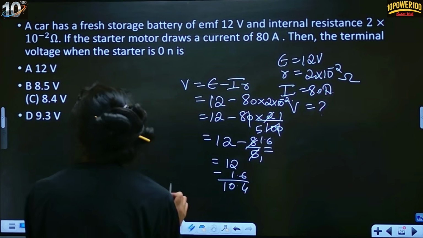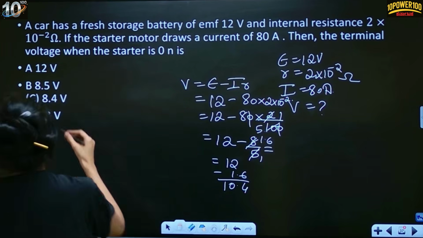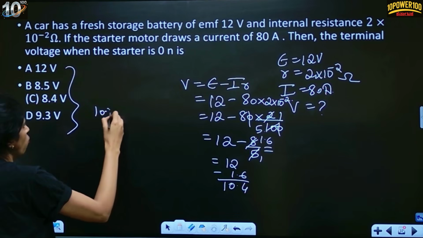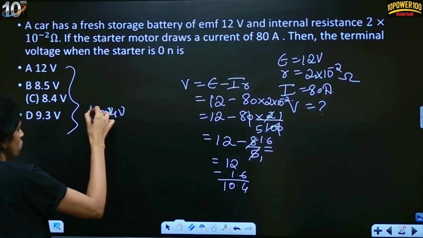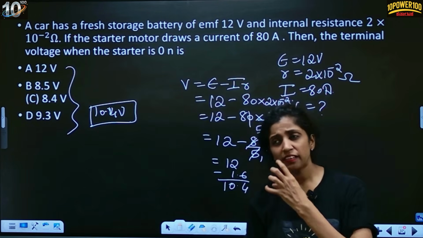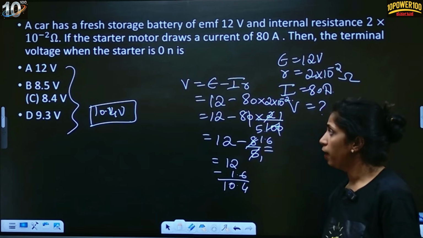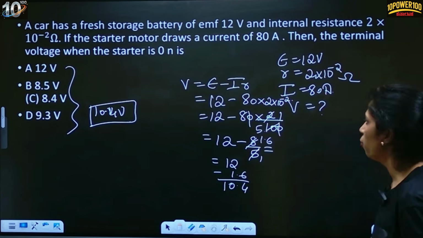So do we have 10.4 really? We don't have that option. Correct, in this the options were given wrong. So the answer should be 10.4 volt, guys. This should be the answer. The answer was not given perfectly. In case there is a mistake in the question, you will be getting grace marks. Don't worry about that. But of course, you should attempt any one of the options. So don't worry, the answer is 10.4 volt.